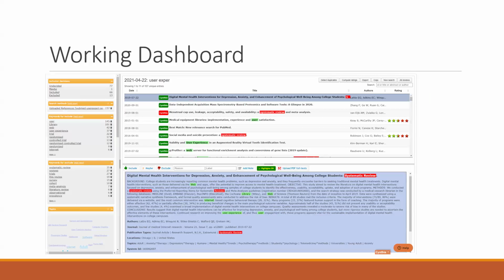And then this is kind of what the working dashboard looks like. You can see already there's the red and the green. Red is going to be exclude, green is going to be include. Over on the left-hand side, just like with the databases, you have the filters. You can see here, undecided, there are 77 articles undecided, 66 that are included, 13 that are excluded, and